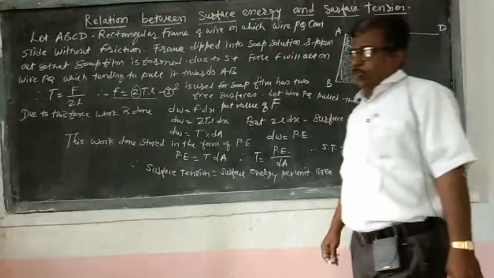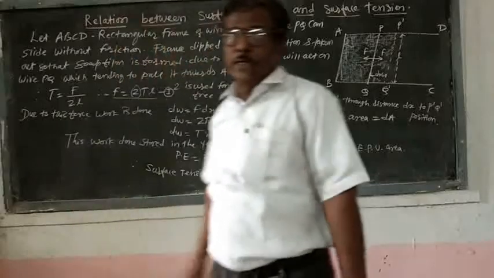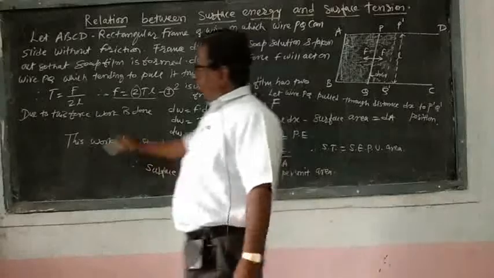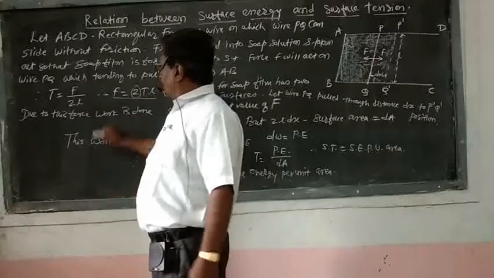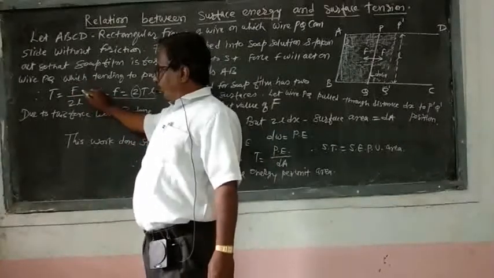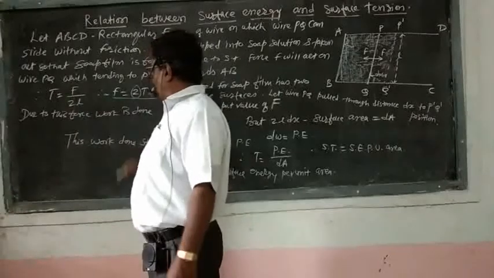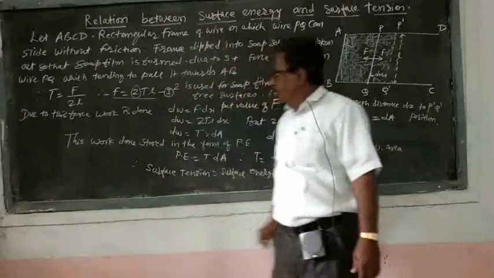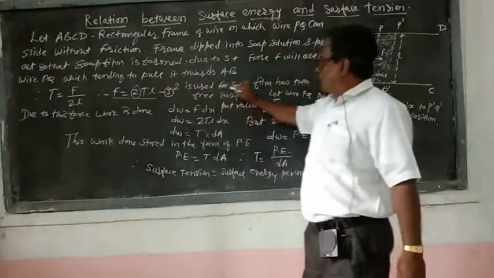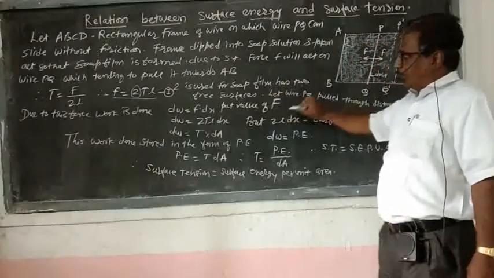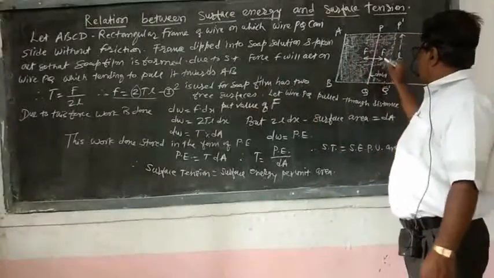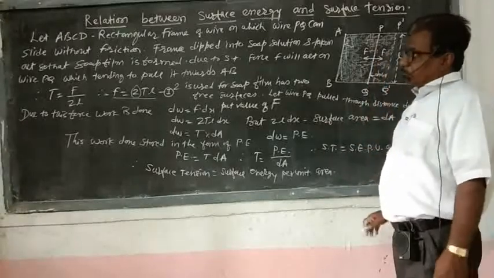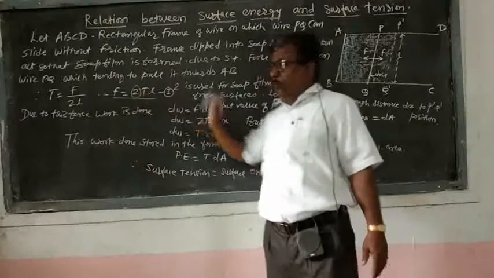We know that surface tension is defined as the tangential force acting per unit length. So we get the formula T equals F upon 2L. If we cross multiply, we get force F equals 2TL. Call this equation number 1. Here the term 2 is used for the soap film because it has 2 free surfaces, the upper surface and the lower surface, with 2 ends in contact with the wire. So we take this 2 due to the soap film.